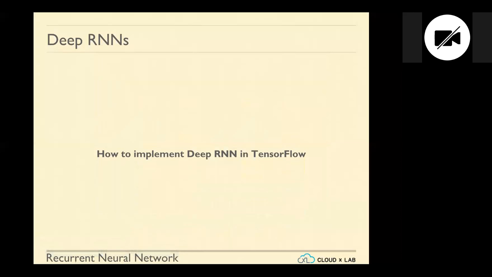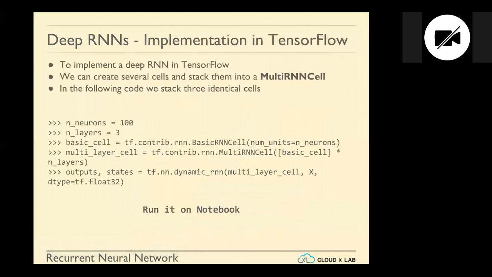How to implement a deep RNN in TensorFlow? To implement a deep RNN in TensorFlow, we can create several cells and stack them into a multi-RNN cell. In the following code, we stack 3 identical cells. It's a simple way: we create the basic one just like we did earlier, and then we call MultiRNNCell. That basically creates the structure, with however many layers we want to specify,